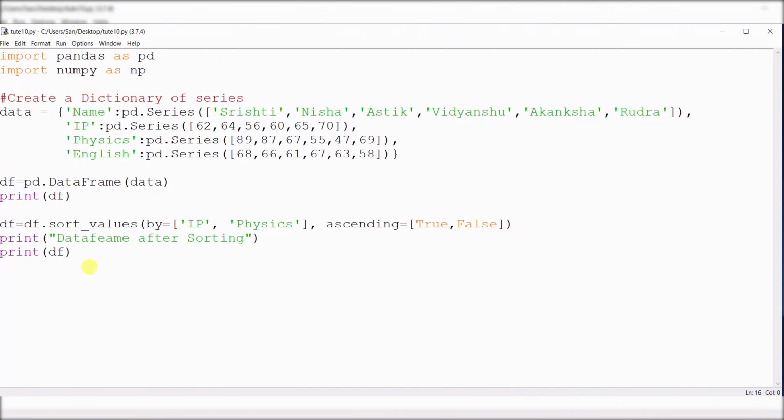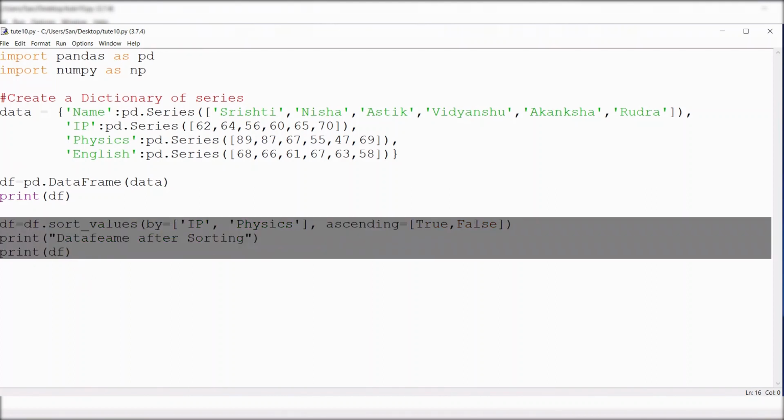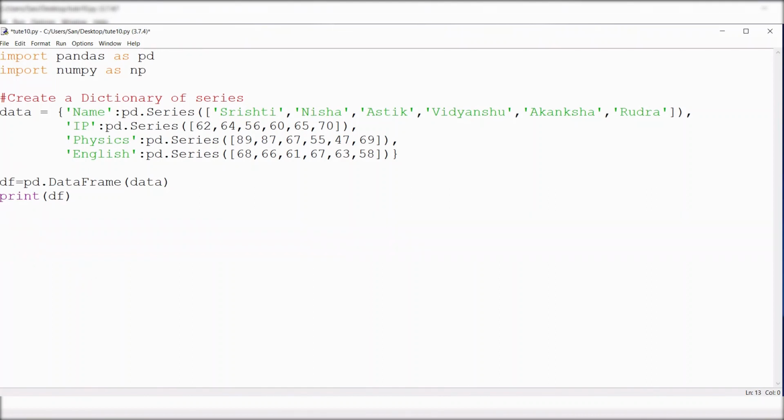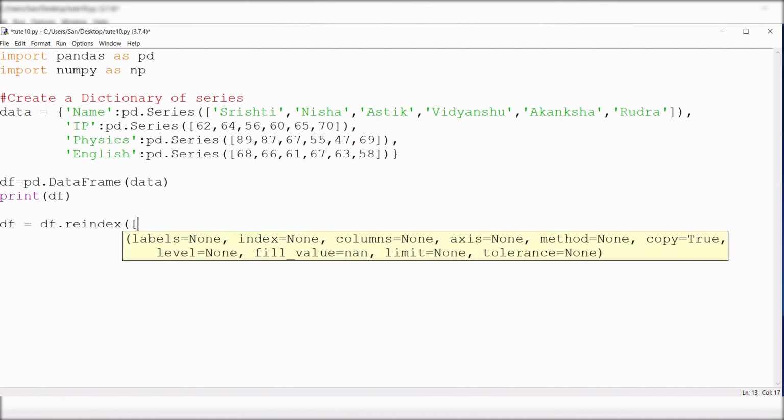First we are deleting this. This is your data frame. Now type here df is equal to df.reindex, in the bracket you can change the index: 1, 4, 3, 2, 5, 0.